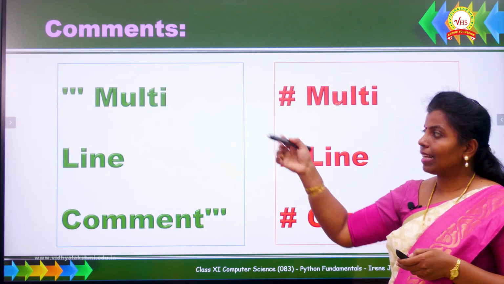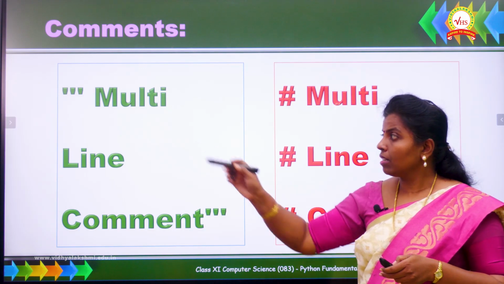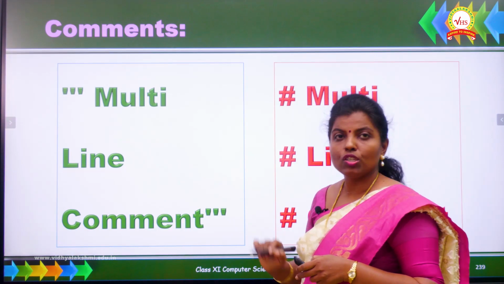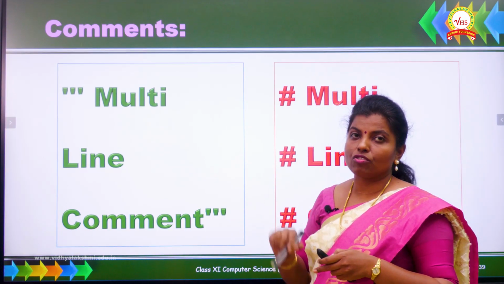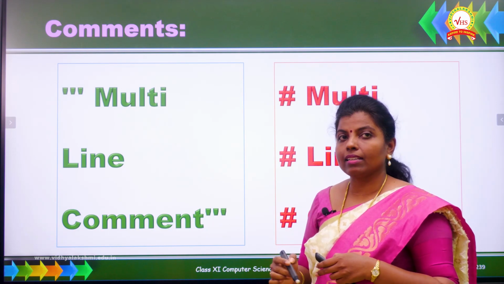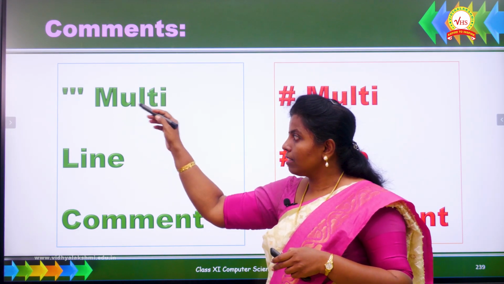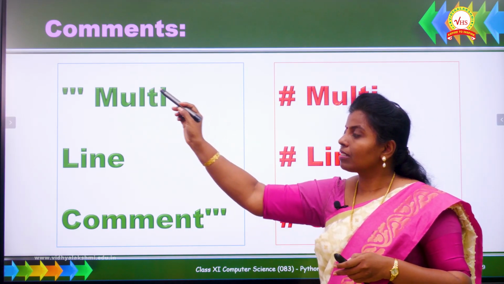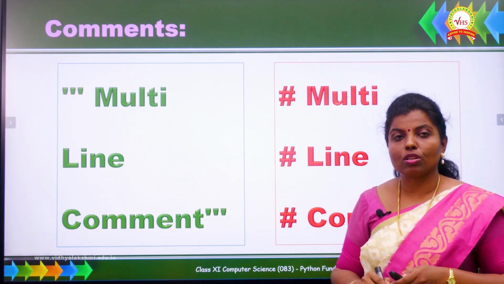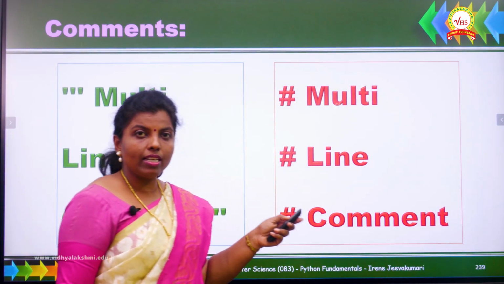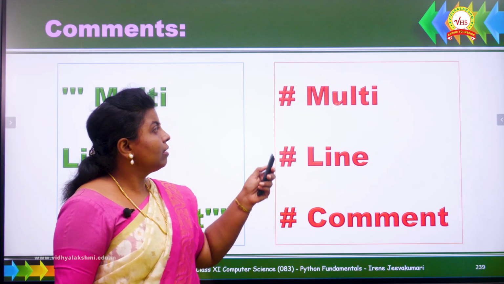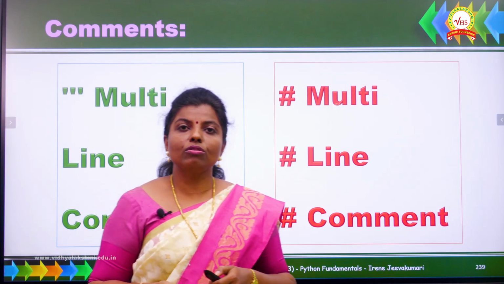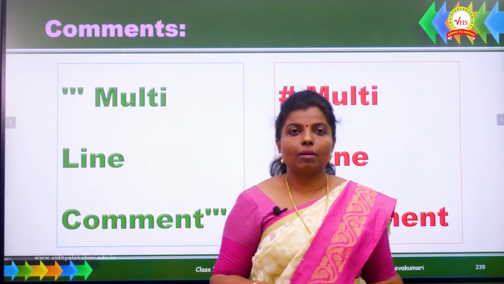Here is an example for multi-line comments. You can see that it begins with the triple quotes and also ends with the triple quotes. So this is a triple quoted string. It is an example for multi-line comments: the first line, second line, third line. Multiple lines have been commented using starting triple quotes and ending triple quotes. Even this is referred to as multi-line comments, because all the statements begin with the hash symbol. In that case also, this becomes multi-line comments.